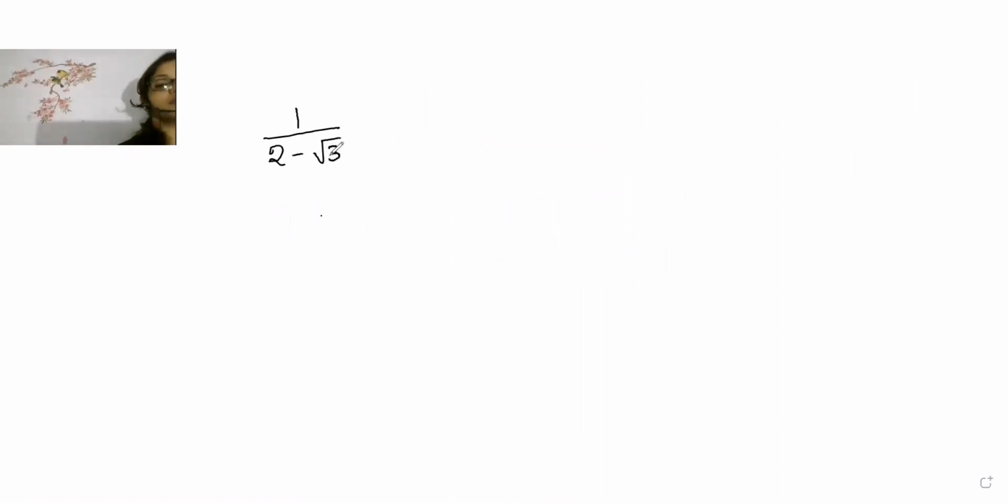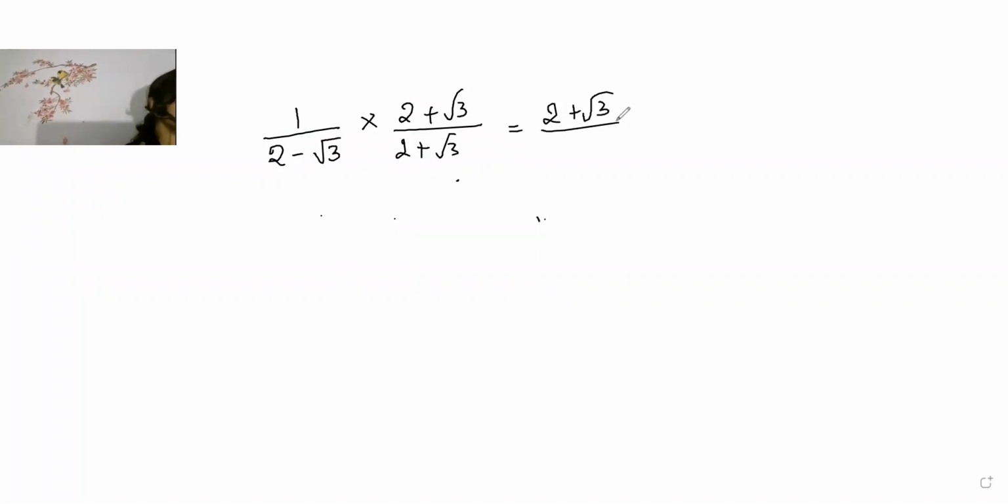2 minus root 3. Then what will I multiply with? 3 square is 9, correct, Keshav? Then this one will become 2 plus root 3. Everything will be the same, only here minus is there, so opposite to minus will come plus. Correct, very good. Who said that? Darshini said. Now beta, down here it is coming in what format? A minus B into A plus B. What is the formula for A minus B into A plus B? A square minus B square.